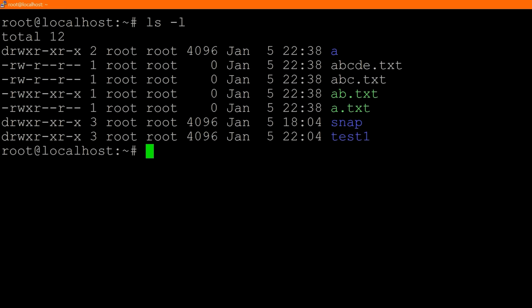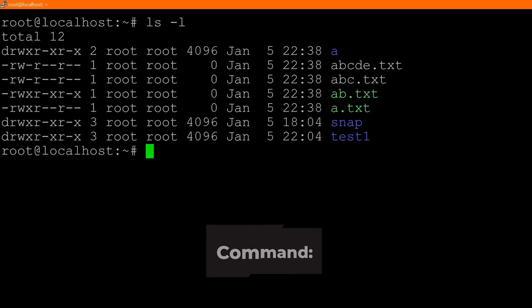So now what I'm going to show you is how we can actually change the permissions of these files or these directories. Because oftentimes what you want to do is execute a file, or you need to be able to write to a file or read from a file, and you don't have the adequate permission to do so. So as the root user, or as the user who owns the file, you can modify the permissions on that file.